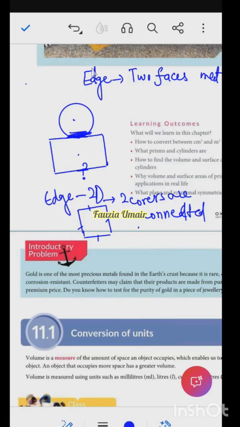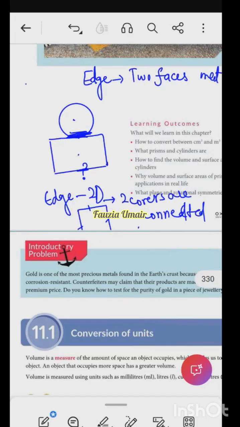All right. So that's all for area and perimeter. So